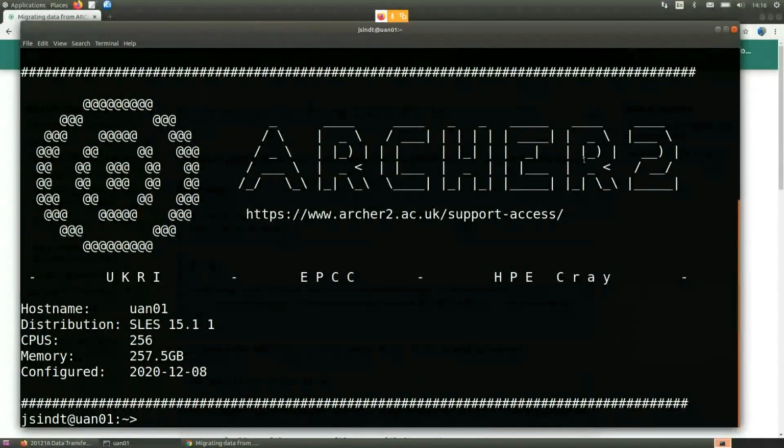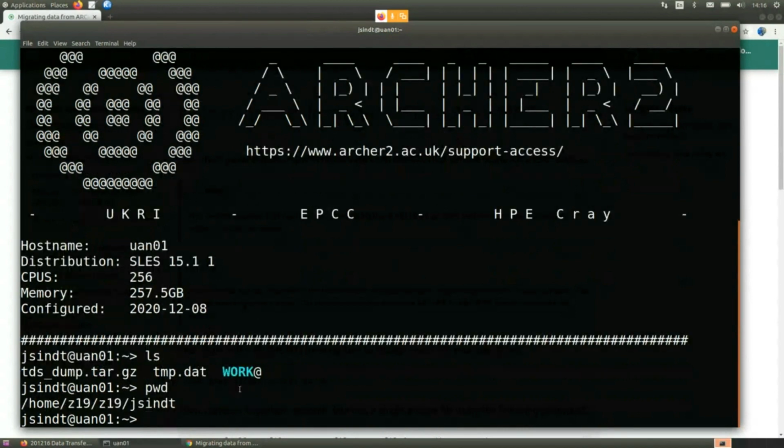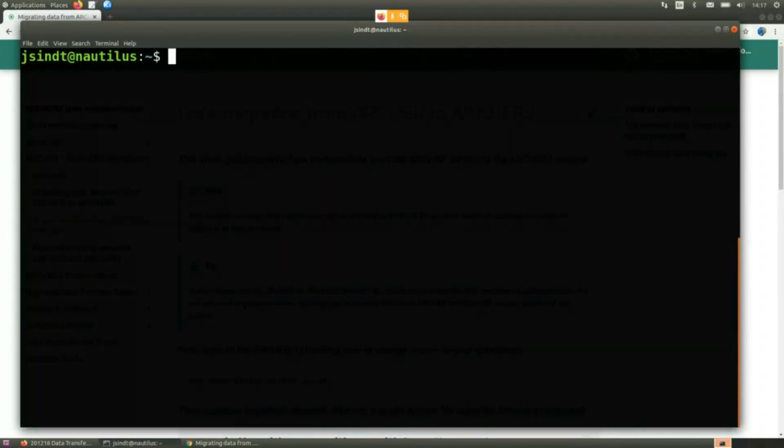As you can see, this is my Archer2 account, and I can ls, and this is my home directory. Working directory is my home directory. The other thing is you need an Archer account for the obvious reason that you're trying to transfer data from your Archer account to your Archer2 account. My Archer account is